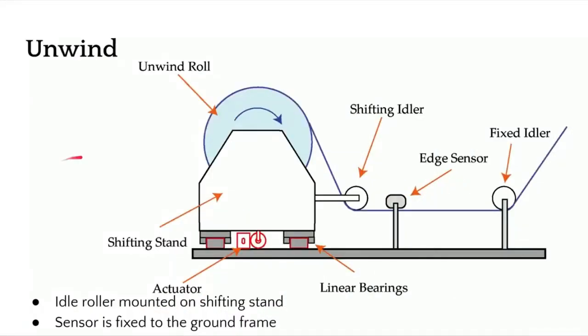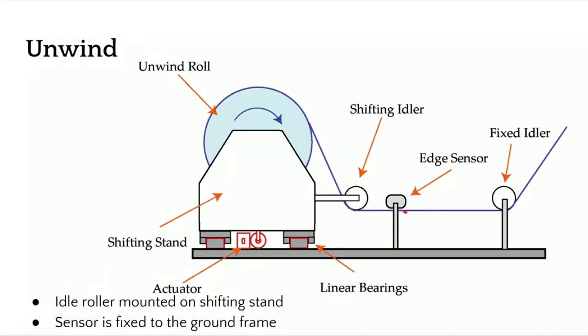In this case, you have a parent roll feeding the web into your machine. This roll is on a shifting stand or a base supported by linear bearings. An actuator connects the moving stand with the fixed base, and then there's a sensor here that is looking at the position of the web. The main objective of an Unwind web guide is to ensure that the web fed into the process is at